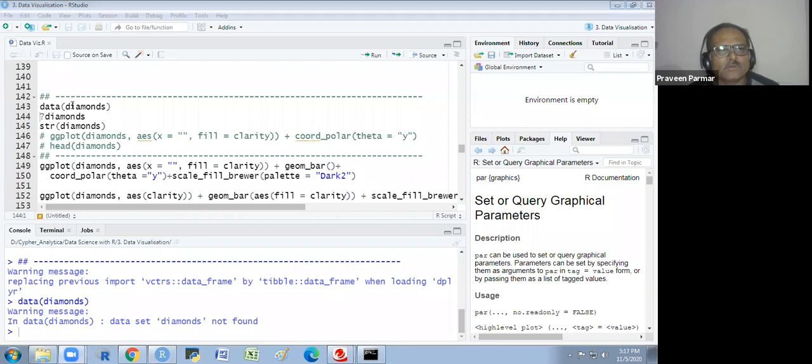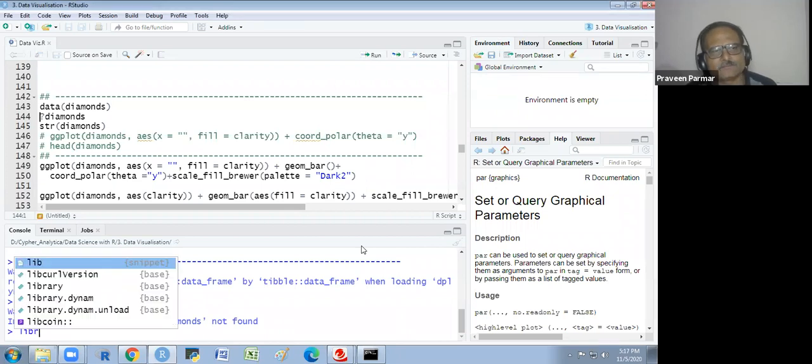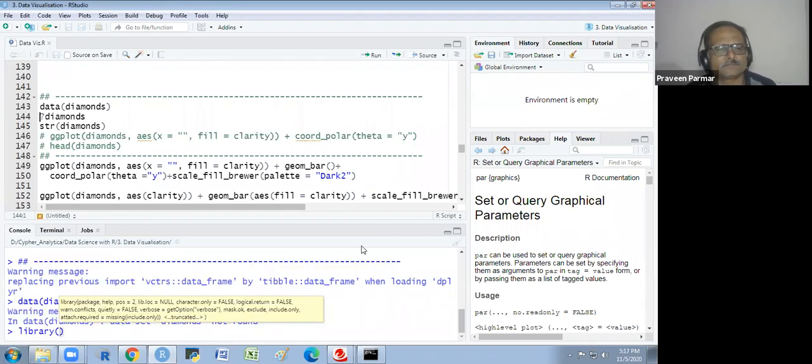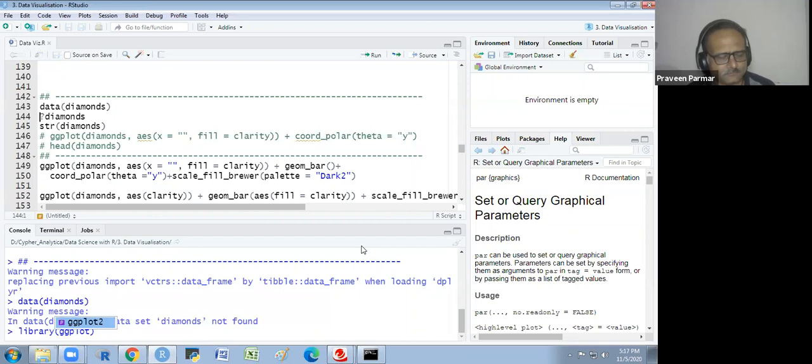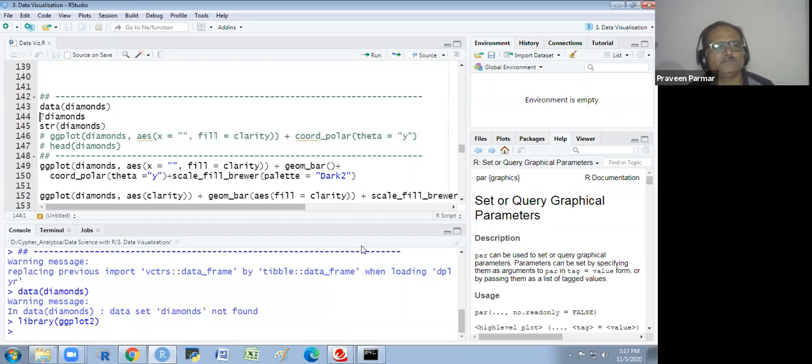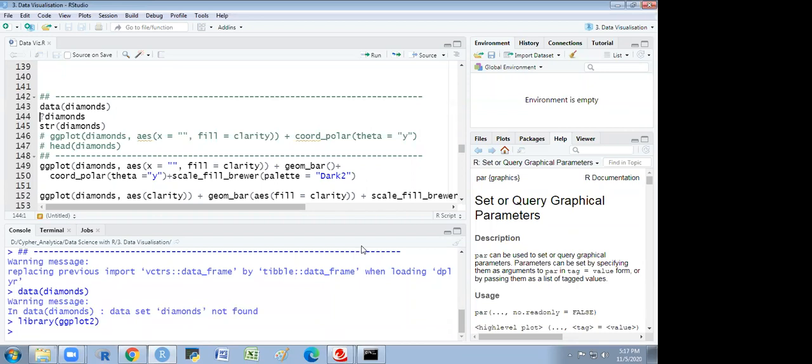Because we have not run the ggplot2 library, we have to import that library. Do we have to import the library again and again, each time we are going to work?